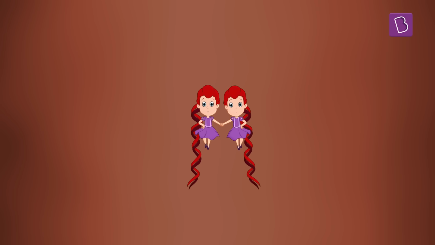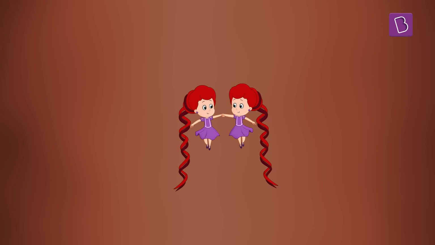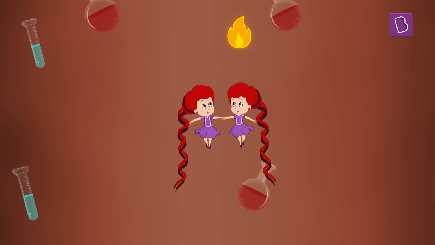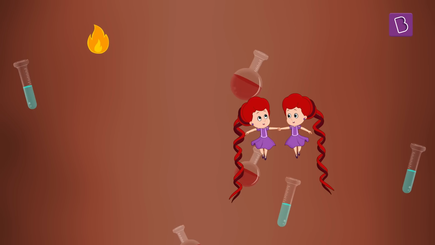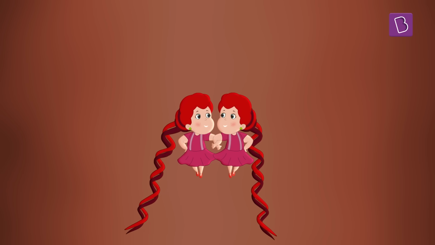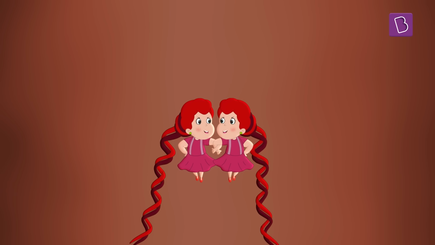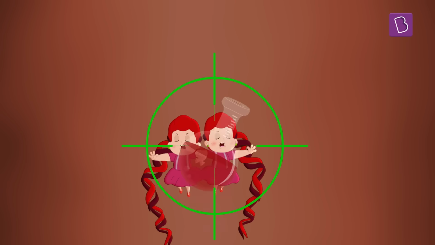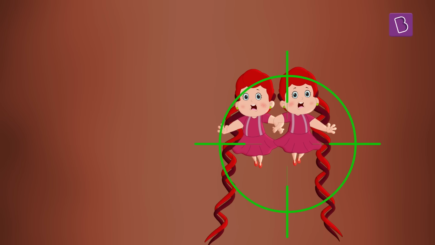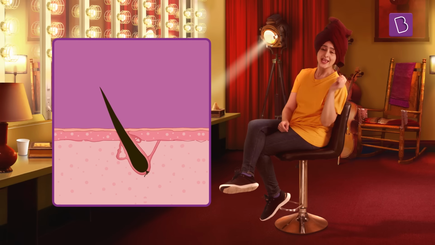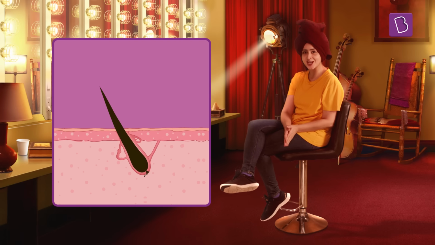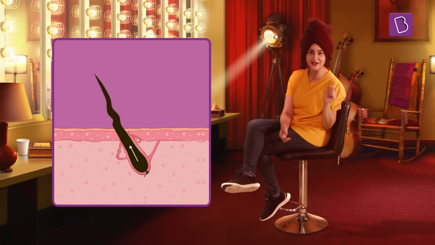Now, this is exactly what salons do to change the shape of our hair. They either use chemicals or heat to break these bonds. And if you want a permanent change that doesn't just wash away, the stronger bonds are targeted. Therefore, the treatment is more intense. However, even if the treatment permanently changes the hair bonds, it only affects the hair shaft. And your newly grown hair from the hair roots would be a natural shape, whether straight or curly.